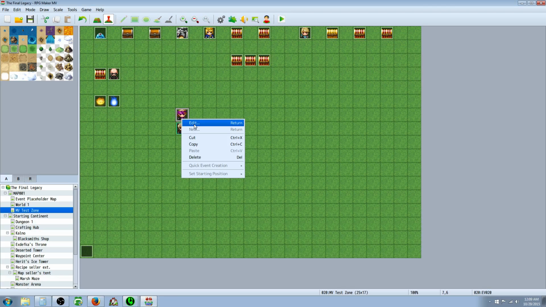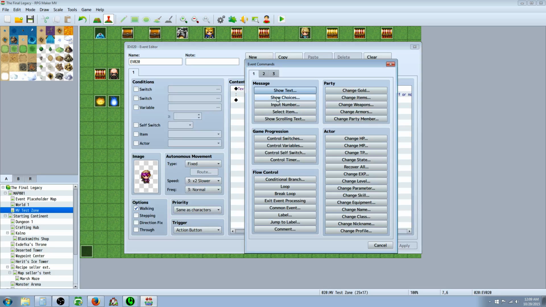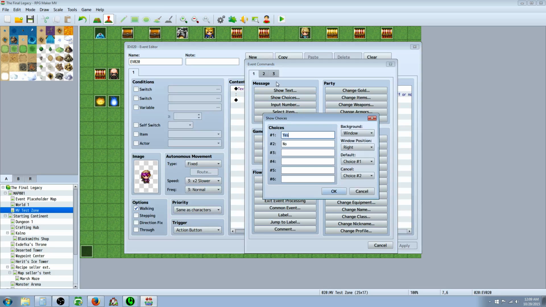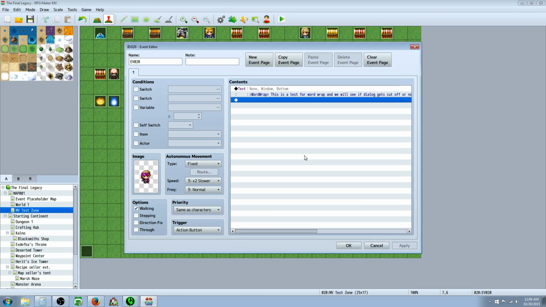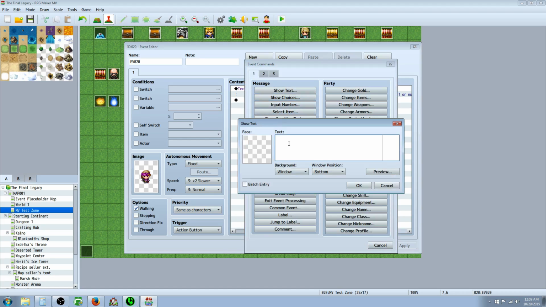Okay, so what we're going to do is edit this. About branching dialogue, you can always show choices, it's in message right there, and you can give options. Like, let's impose a question first. He's going to say, I need help with clearing the tower and also the dungeon, which